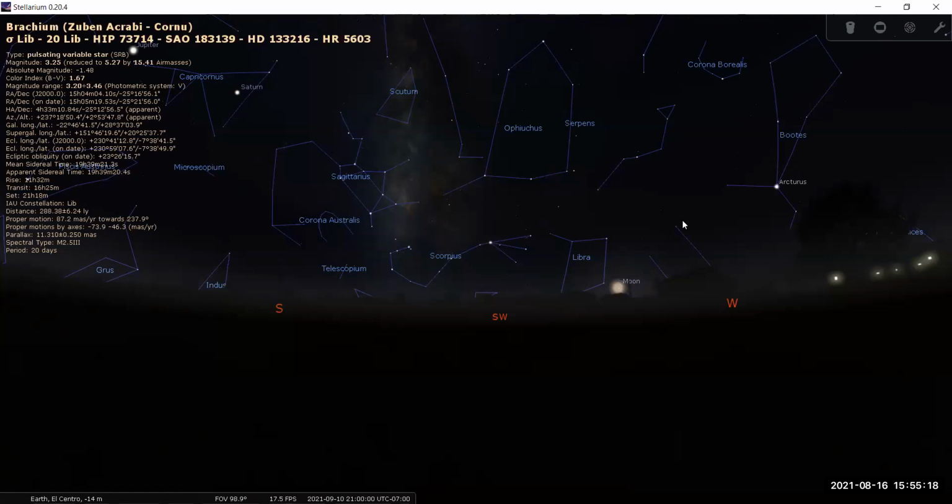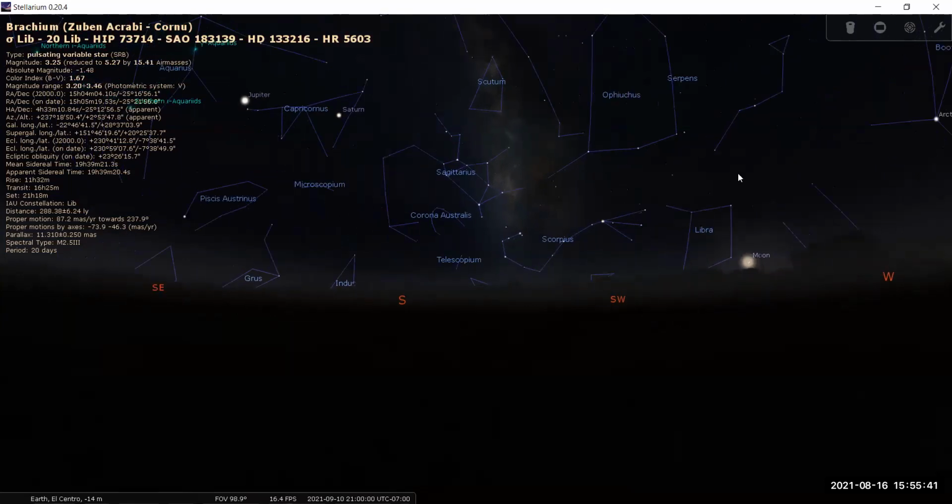And I have it also on my phone, because when you're going to a place where there is no internet, or you don't have access to a computer, a phone is usually far more handy. It gives you a lot of ways of planning your trip, taking the proper lenses that you need for your telescope, and looking at the night sky and becoming more familiar and proficient with it, okay?